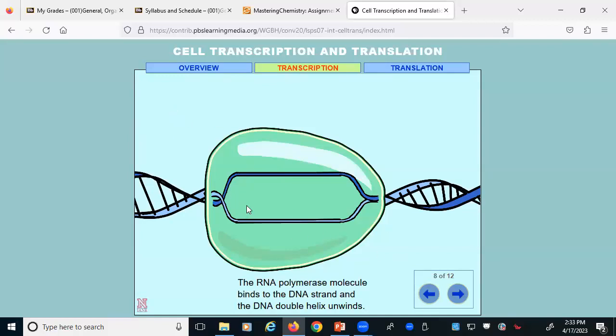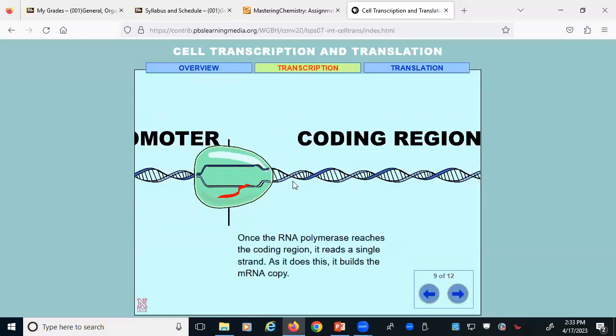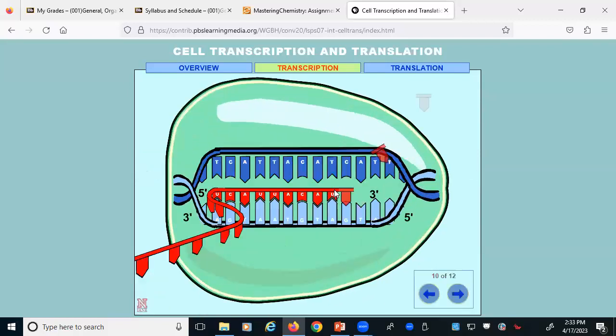And when it attaches, look what it does to the DNA. It zips it open. So now that DNA, which was twisted in that double helix, has been opened up. And once we hit the coding region, now we can start to build a copy of the part of the gene that we're actually interested in. And this is where the messenger RNA starts to be made. As it goes through the coding region,